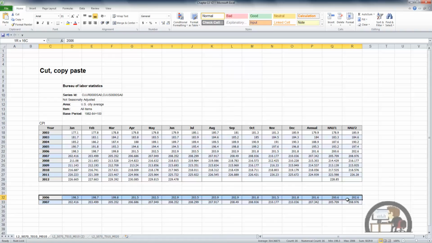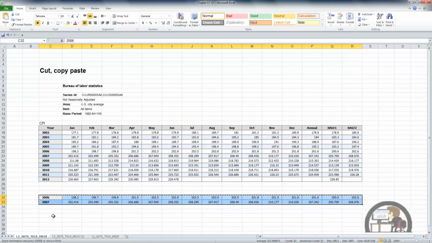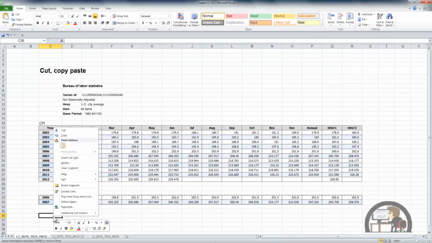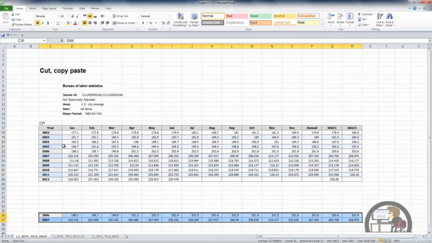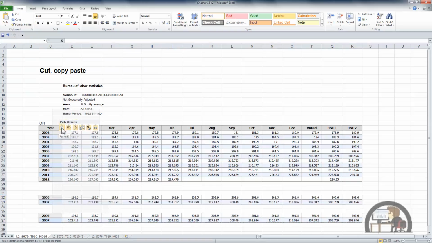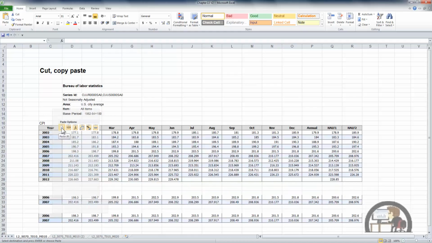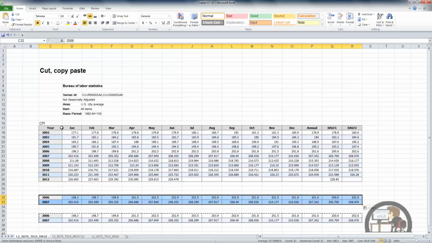We can also do the same tasks other than create a picture by getting the shortcut menu, right-clicking on a range that we've selected, left-click cut. We see the marquee again, right-click, shortcut menu, paste. I've just moved that data, right-click, copy, new location, right-click, paste. And you see we have a lot of paste options. We're going to hold that off until another movie. I'm just going to select the default of the far left option, which is just paste,